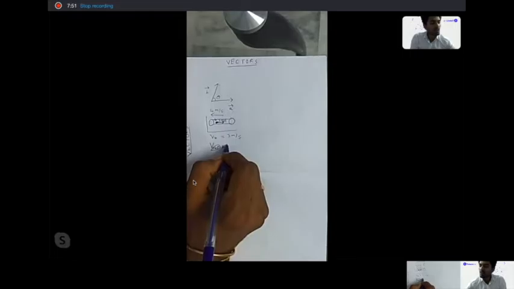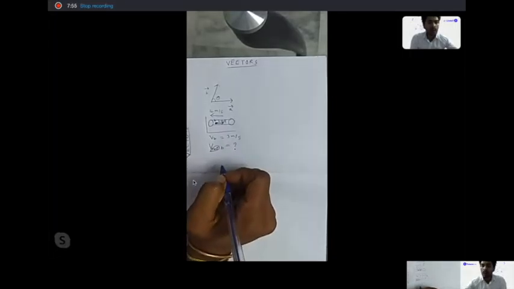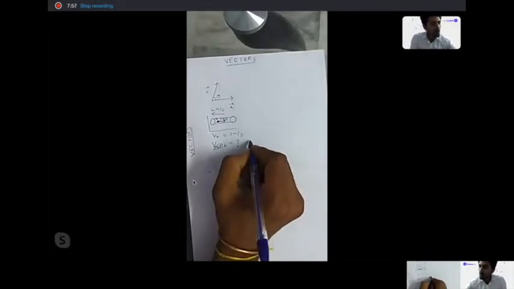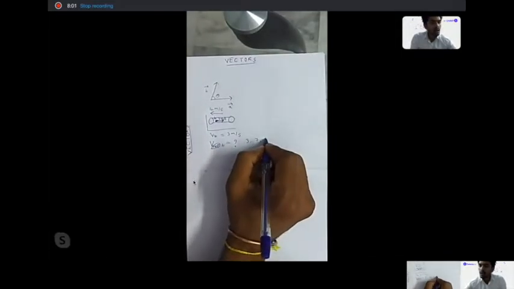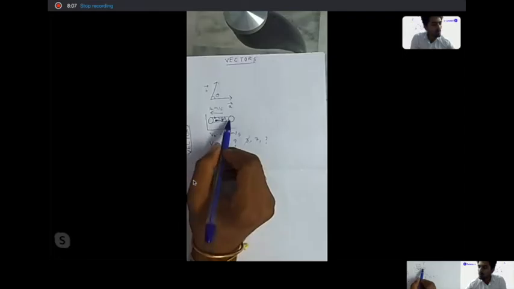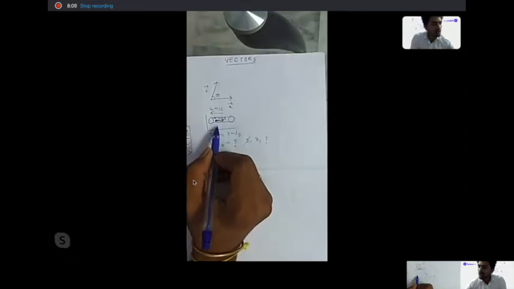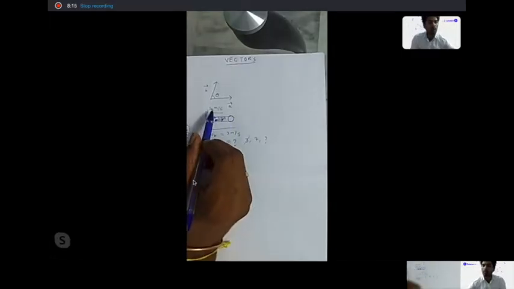Now if I ask you what is the net velocity of the ball, right? What is the net VB of the ball? If I ask you this, it won't be 3. Would it be 3? Would it be 7? Would it be anything else? Straight away we know that it won't be 3. Why? Because when this was at rest, the velocity of the ball was 3. But now we see that this is also moving backward with a speed of 4 meter per second.